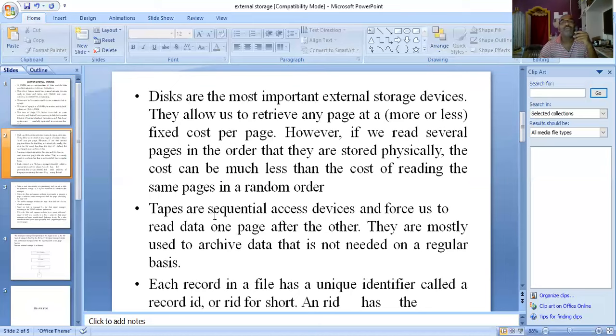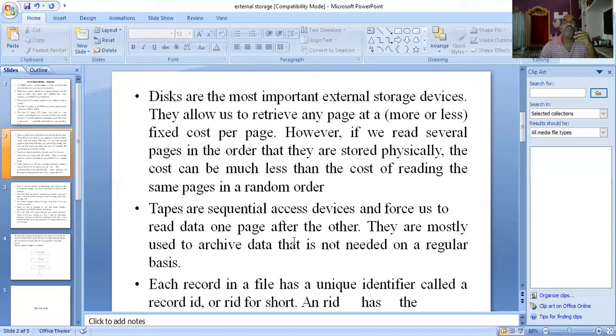And tapes are sequential access devices. Tapes are magnetic tapes. Magnetic tapes are sequential access devices and force us to read data page after page, one after the other. They are mostly used to store data that is not needed on a regular basis.